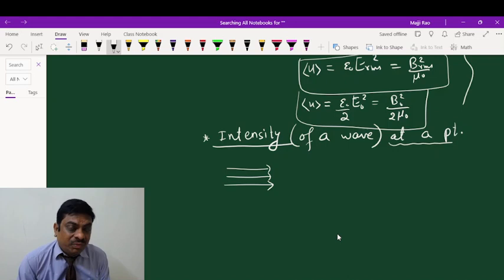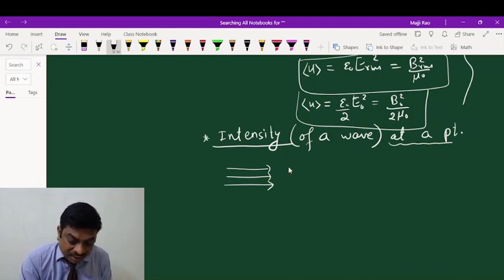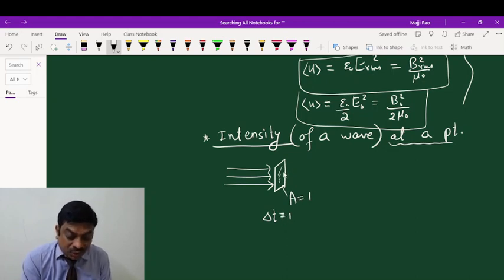So a traveling wave always carries energy. Here the electromagnetic wave carries energy in the form of electric and magnetic field. So the intensity is the energy crossing per unit area, per unit time interval, where the plane of the area is normal to the directional flow of energy. So intensity, I denote it by I, is the energy